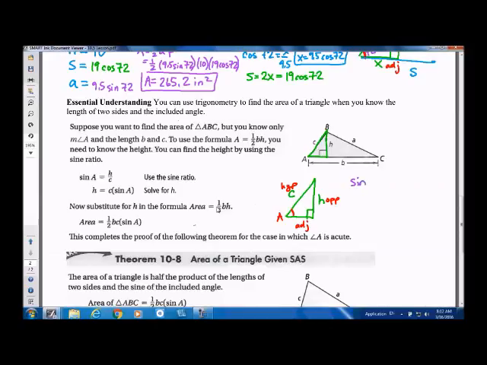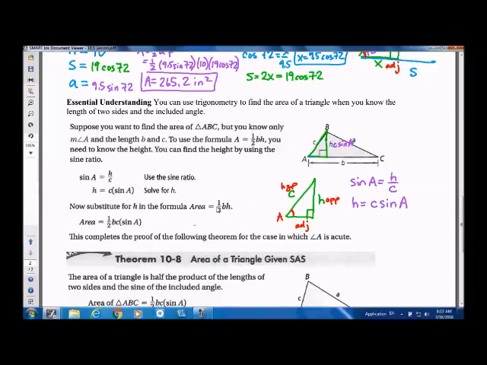The sine of angle A equals H over C. So I can use this to find my height. Height is C times sine of angle A. Now if I substitute that in here for height, C sine angle A,